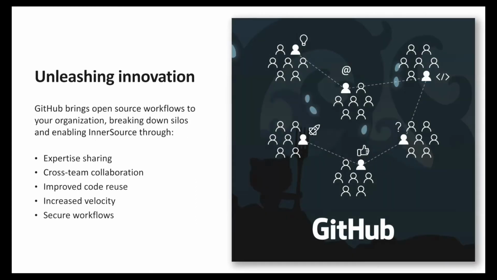So GitHub helps organizations and individuals unleash innovation, share and collaborate with each other. GitHub brings a lot of different open source workflows together and breaks down silos in organizations and throughout the world with people collaborating together. It helps by linking you to other experts in areas you're interested in, allowing you to collaborate with folks around the world, allowing you to use the work that others have created and improve it or add to it. So those are some of the examples of how we use it.